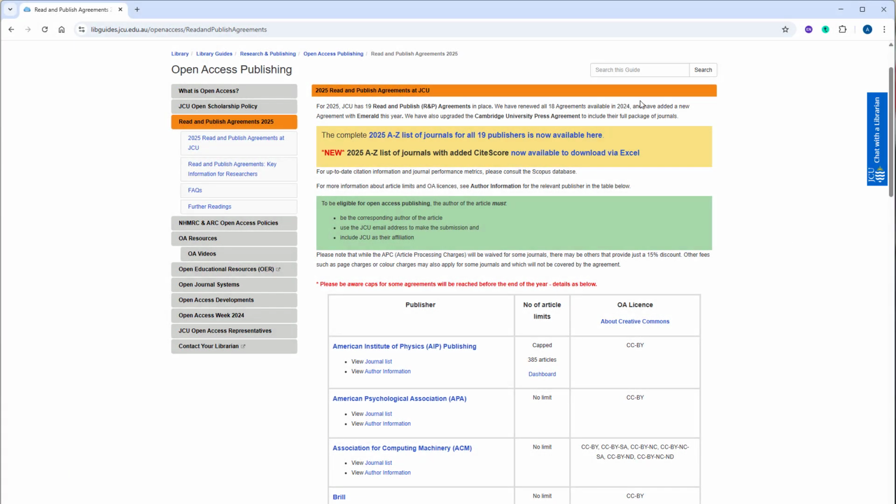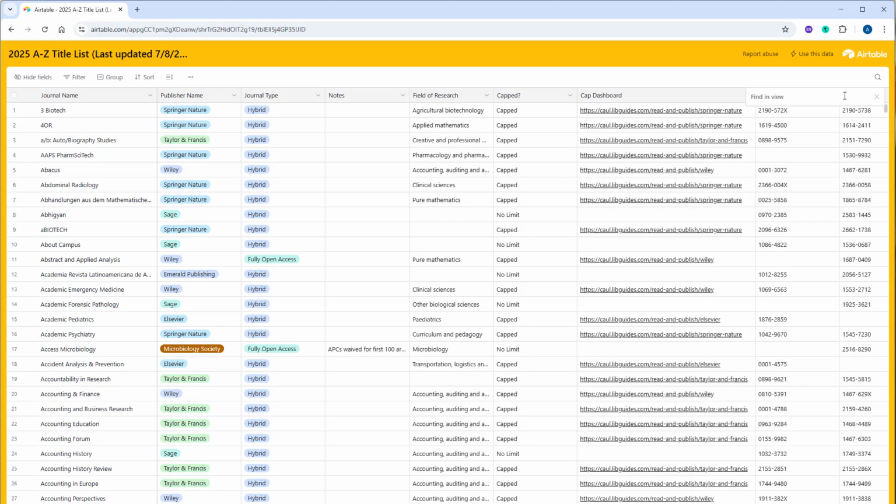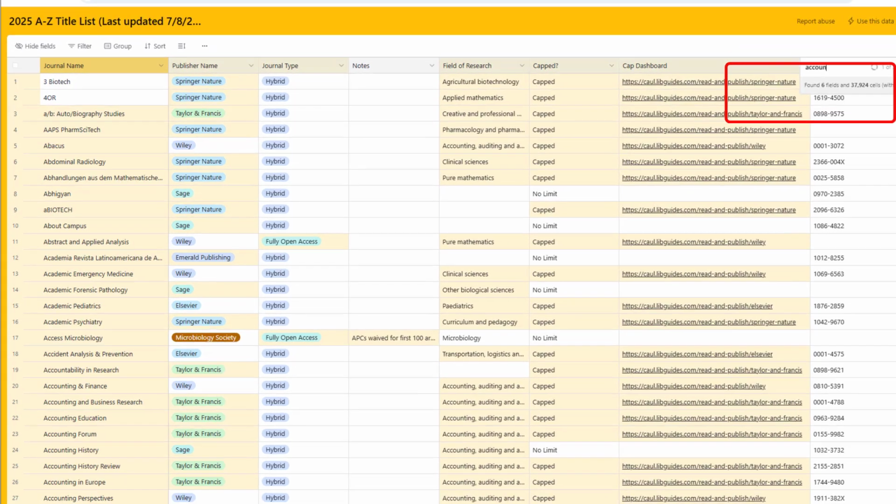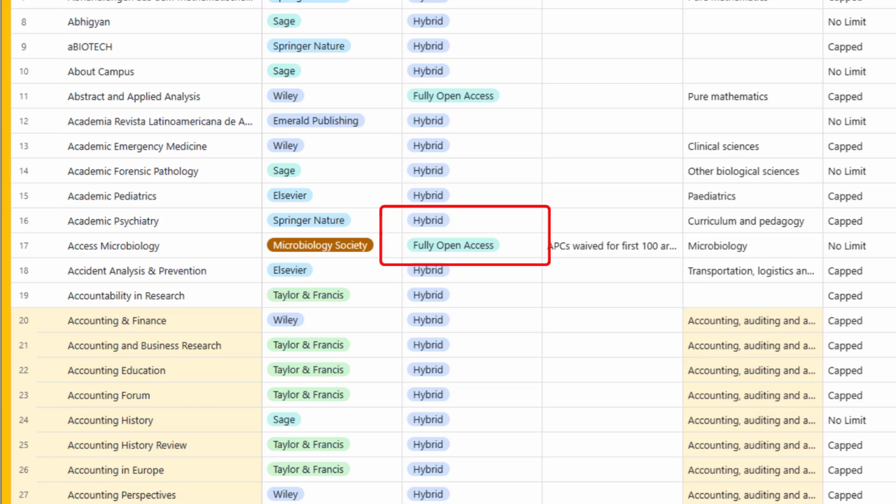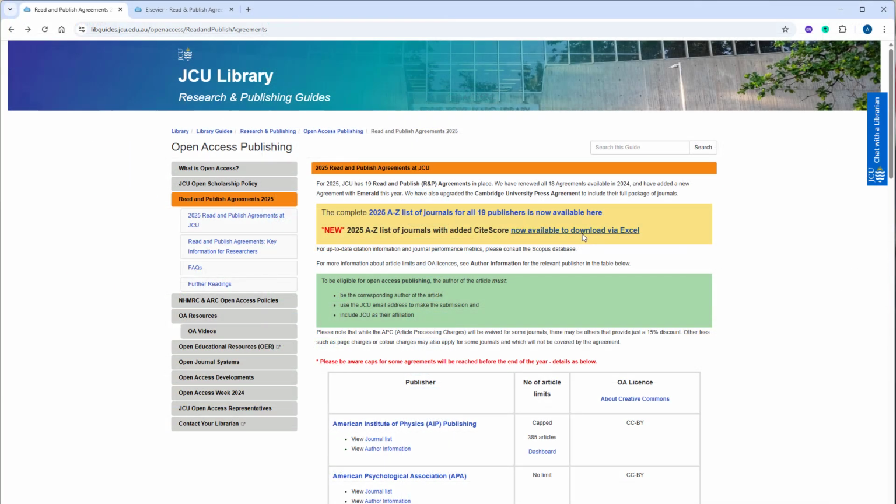To help your search, we have compiled an A to Z title list, which lists the journals eligible under the JCU Read and Publish Agreements. You can filter and search for journal titles or field of research codes based on keywords. Keep note of whether the journal is hybrid or fully open access, who the publisher is, and if there is a publishing cap. To assist researchers with making informed decisions about where to publish, we have added CiteScore information